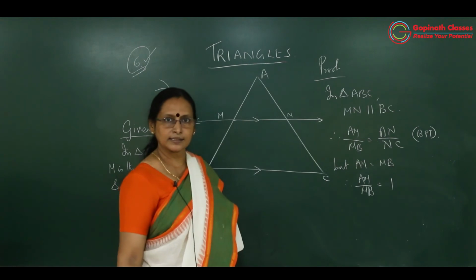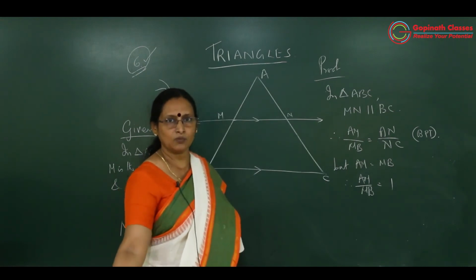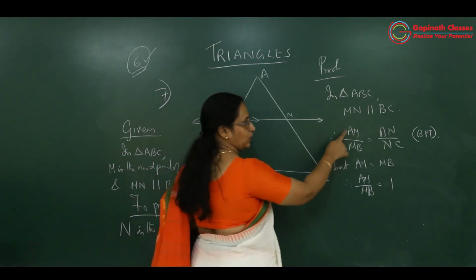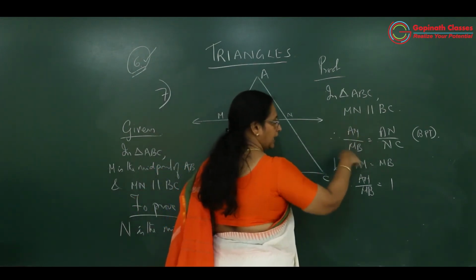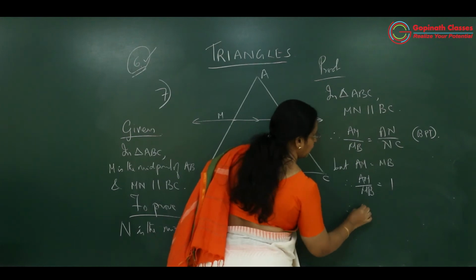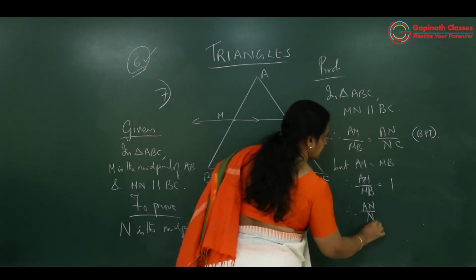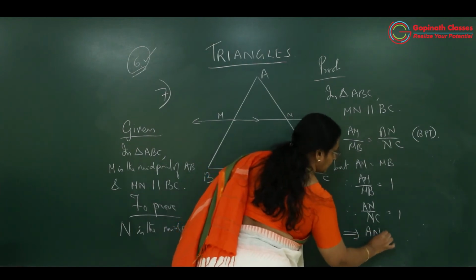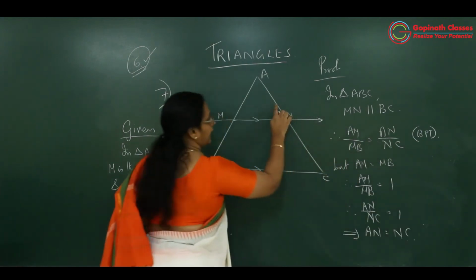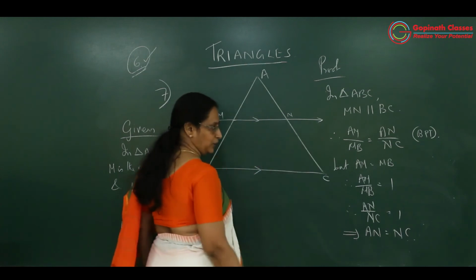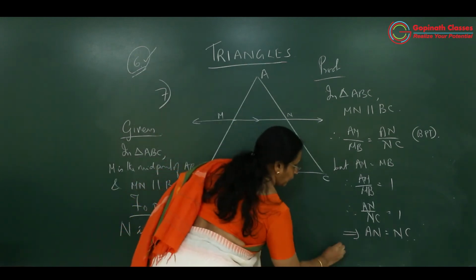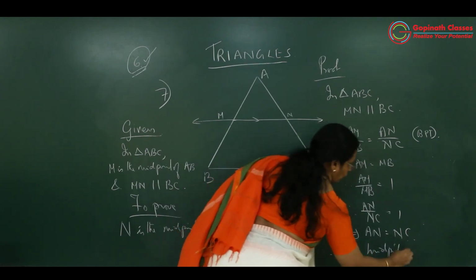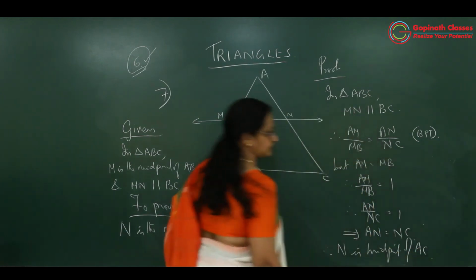Therefore, AM by MB is equal to 1. X equal to X or X equal to Y. X by Y is 1. 10 equal to 10. 10 by 10 is 1. Two things are equal. ये दोनों equal है. तो इसका ratio 1 होगा. अगर ये 1 होगा तो ये भी 1 होगा. Therefore, AN by NC is also 1. That implies AN is equal to NC. Agar AN and NC are equal, then N is the midpoint of AC, we proved. Therefore, N is midpoint of AC.